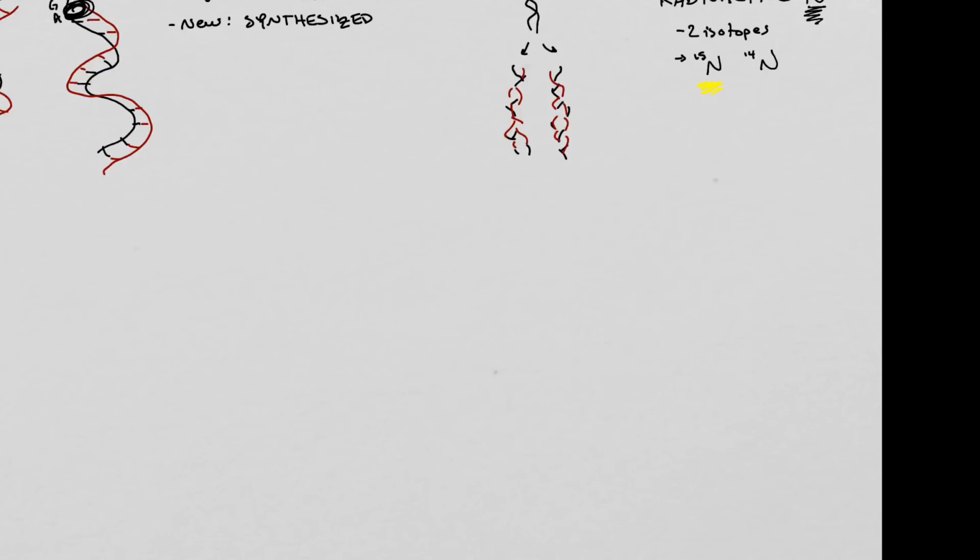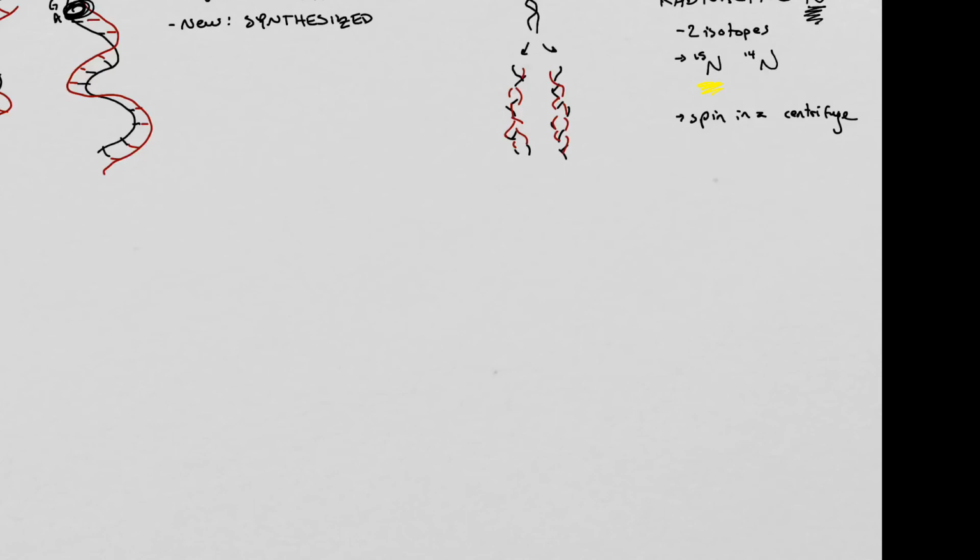they took this bacteria that was grown in this heavy nitrogen, and they would take a bunch of it out, and they would spin it in a centrifuge. A centrifuge is that thing that you've seen on CSI that spins blood samples around really fast. And you can do this in your house if you take a bottle of Italian dressing and start windmilling your arm a whole bunch. All of the heaviest stuff in the dressing will sink to the bottom, and the lighter stuff will be at the top. And since nitrogen 15 is heavier than nitrogen 14,